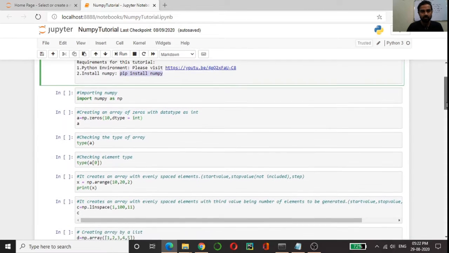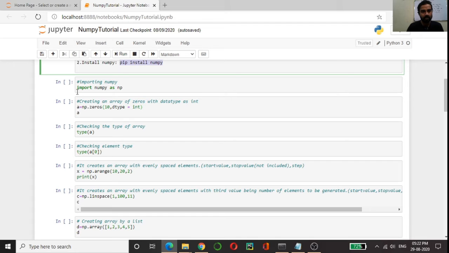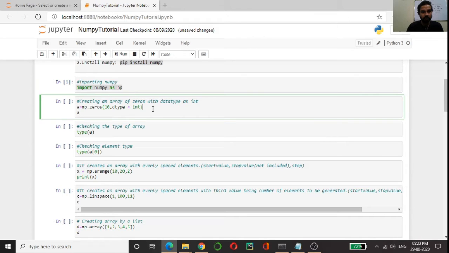Now the first and foremost thing, we have to import NumPy. So we are importing it here, NumPy as np, and I'll be running it in parallel also. Here we are using one method, np.zeros. np.zeros will give me an array of zeros of whatever size and data type we have given here.